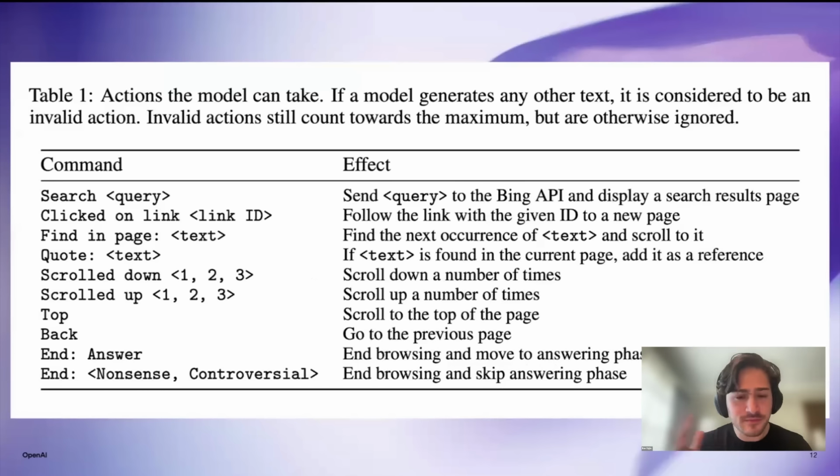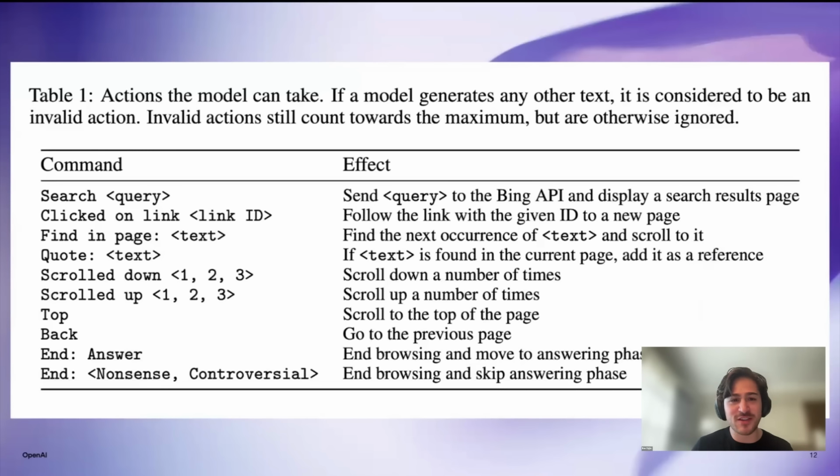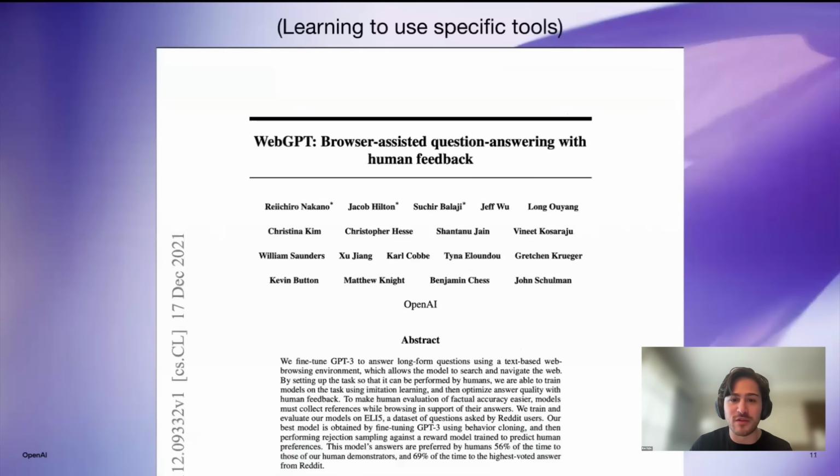And how we trained it, there are clever ways: we essentially gave people an interface and let them do the searching. Then I think we took Reddit, "explain like I'm five," and had people complete tasks, and they could use these commands. So we taught the model, and this was GPT-3, how to imitate users' behavior and then produce responses that were preferred. And this was pretty cool. This is how we started to see the use of structured actions. But this was very specific, right? We were training very specific tools.